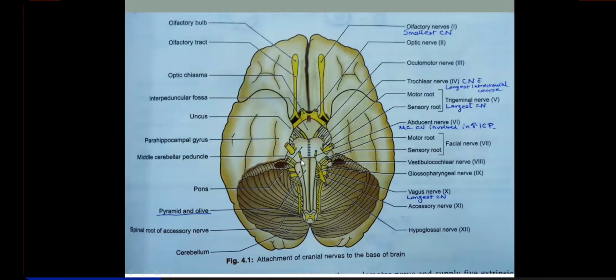So the 6th nerve arises medially, then you will have the facial nerve, and then the 8th cranial nerve, the statoacoustic or vestibulocochlear nerve. But let me ask you, facial nerve also is the nerve for the second branchial arch. The muscles derived from the second branchial arch are all innervated by the facial nerve. So it is primarily a motor nerve, but it also has a sensory component, right?